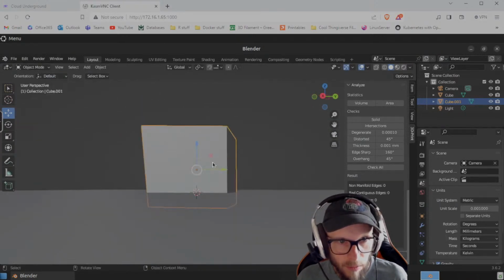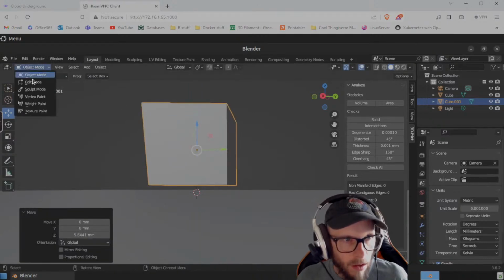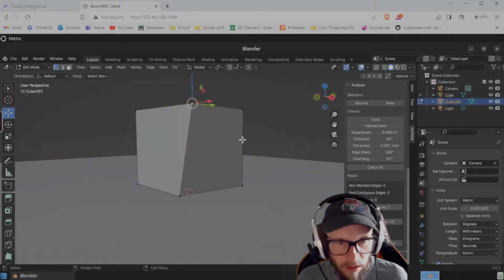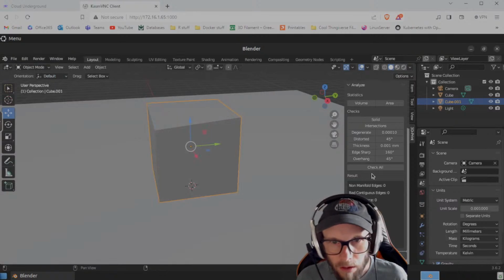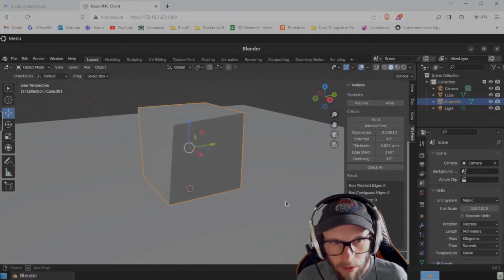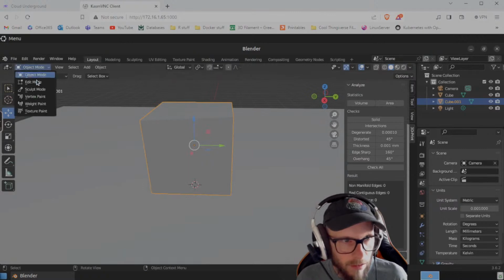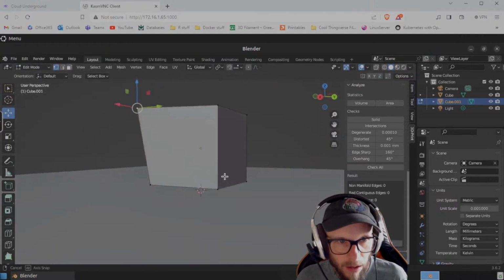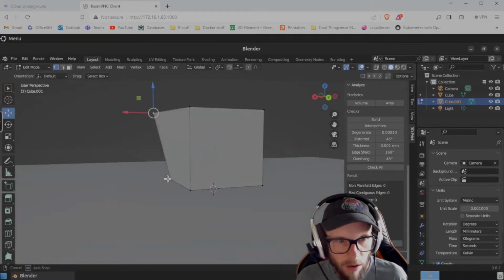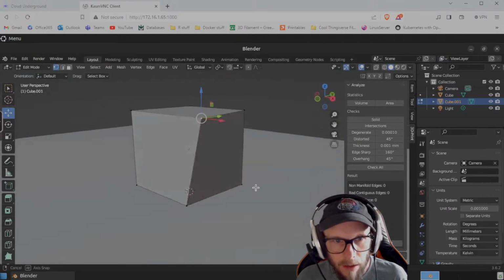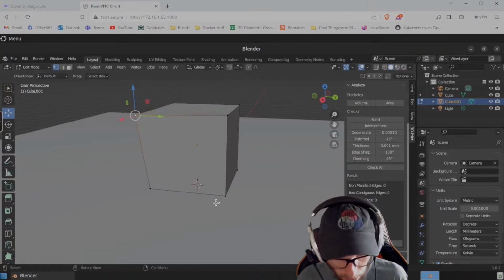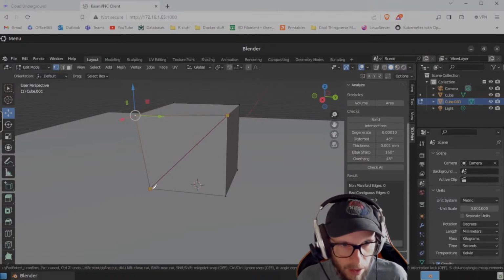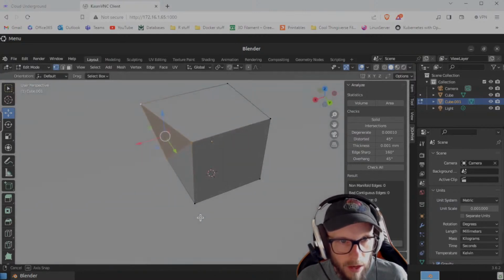Now here, let me move the object up. So this is a non-flat face because, like, if we check this, oh, it didn't see it. Oh, that's so funny that it doesn't actually realize that it's non-flat. Anyway, it doesn't matter. This is definitely a non-flat face because it's not sure where the bend is going to be. Is the bend going to be here? Is the bend going to be here? So, I mean, if I take a knife and I cut it, you can kind of see what I'm talking